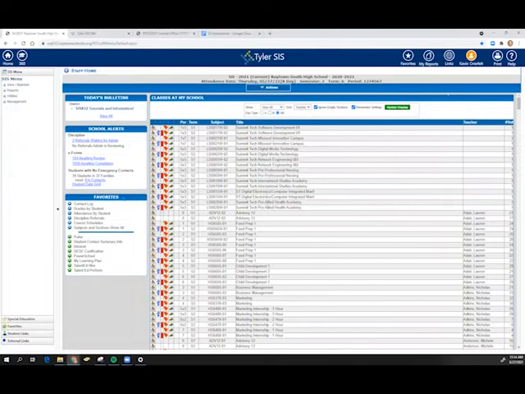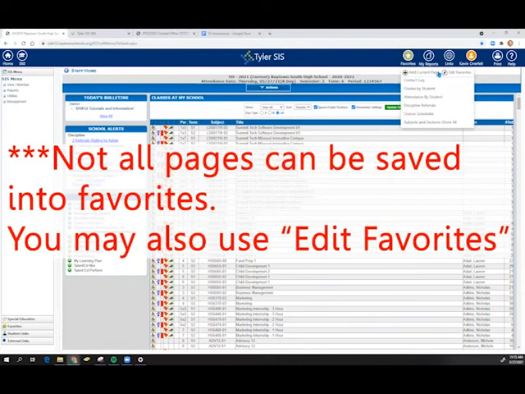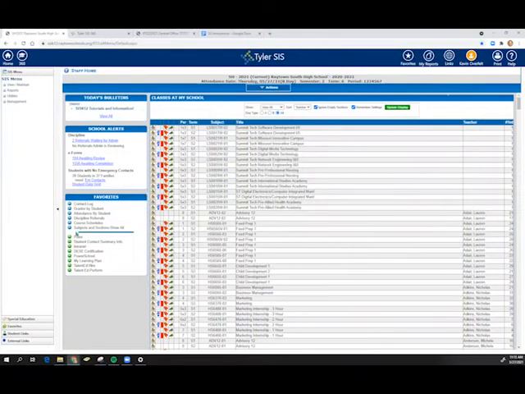One of the things to note here on the home page is your favorites. You'll be able to populate this to be whatever you want, so that way you can access information easier. Whenever you want to add something to your favorites, you will go to that page, then go up to the very top where it says favorites, click on it and say add current page. Then the next time that you get to the home page, that link will appear in your favorites.